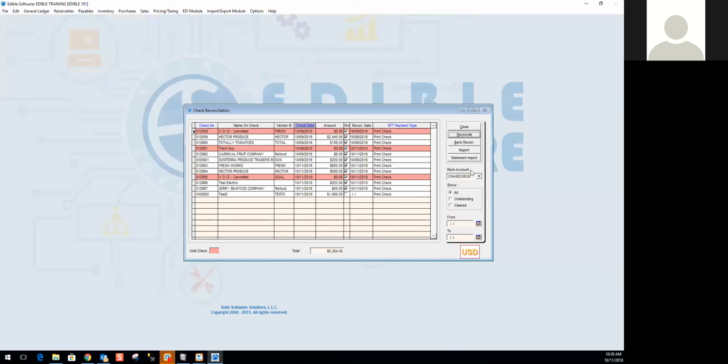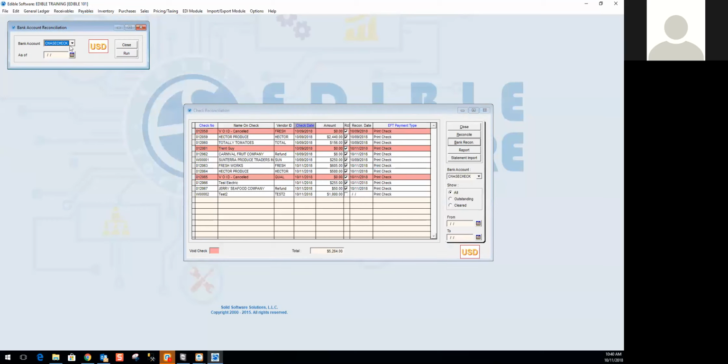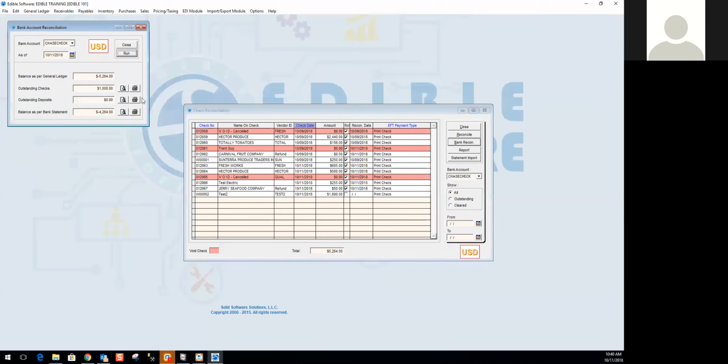Some of the other options that you have in here, the bank reconciliation report is here for us to run. So I can run this bank reconciliation report. We can also run this from the receivable side as well. So we're not going to see much happening right now because I haven't deposited anything since we haven't gotten to